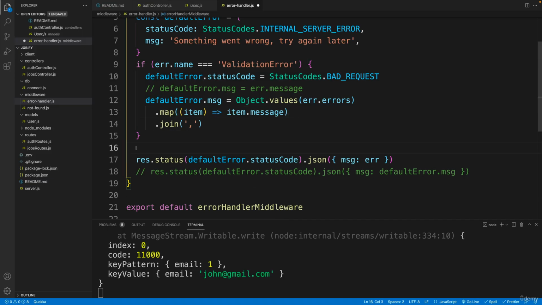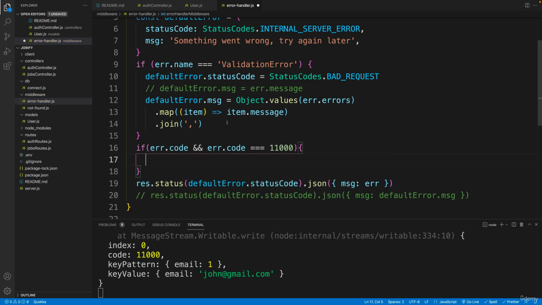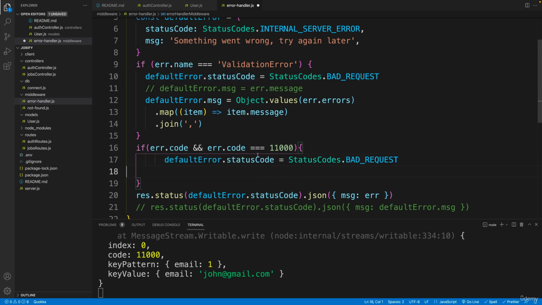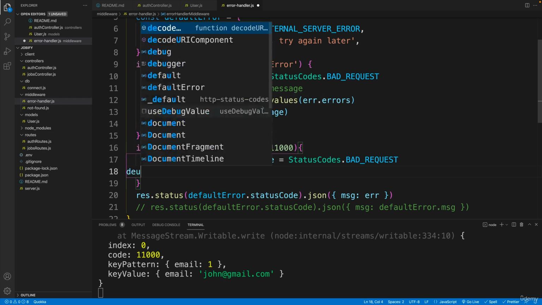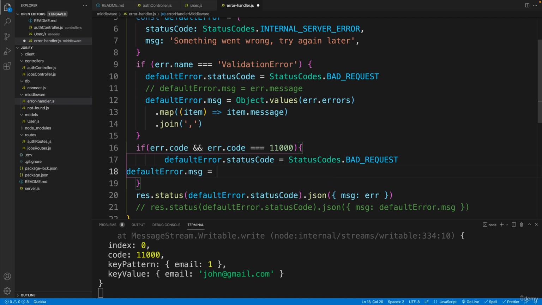So let's navigate back. And like I said, the first thing we want to do is set up the condition where again, there is an error object. Now inside of that error object, there might be a code property. And if it exists, then I want to check whether the value for that property is 11 and then 3 zeros. So let's go here with error.code. And if that is equal to 1, 1 and then 3 zeros, if this is the case, well, first, again, let's set up the proper status code, which is going to be 400 like so. So in this case, we can just copy and paste. And then the second thing, let's set up the message. So say here defaultError.message is equal to